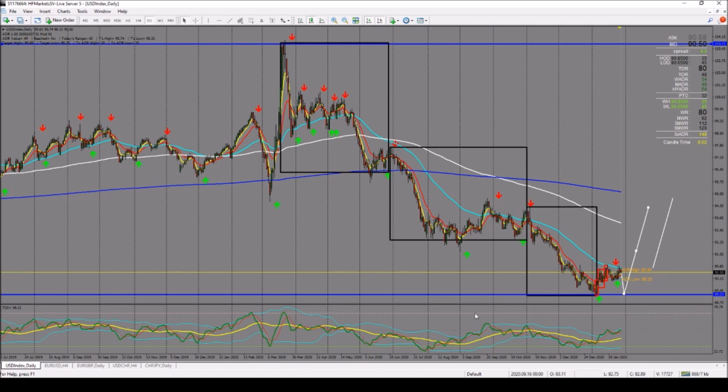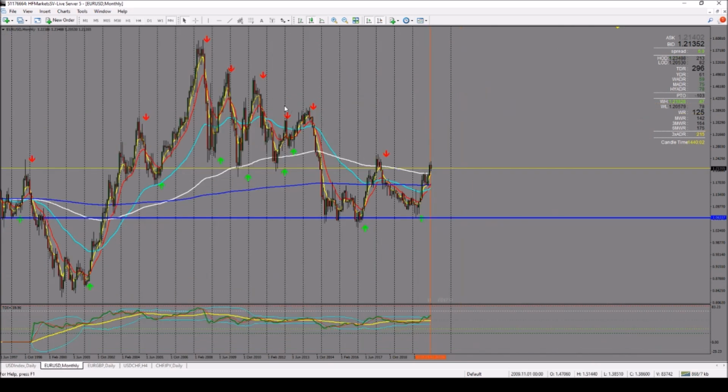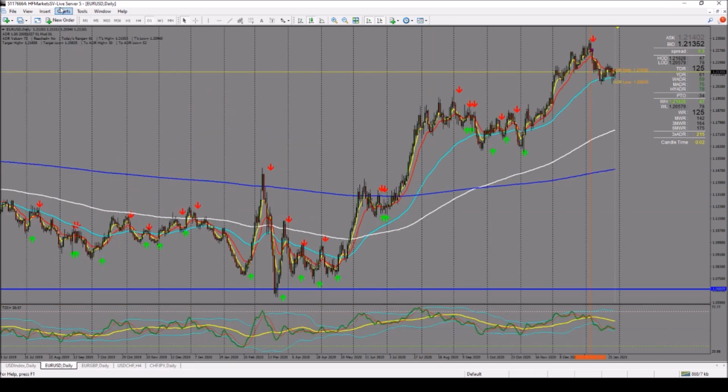So with that move, we can actually translate this move to euro against dollar, because these pairs are inversely correlated. US dollar index and euro dollar, they are inversely correlated. As you can see, this is the lowest point on the monthly time frame. Going on the daily time frame, we had